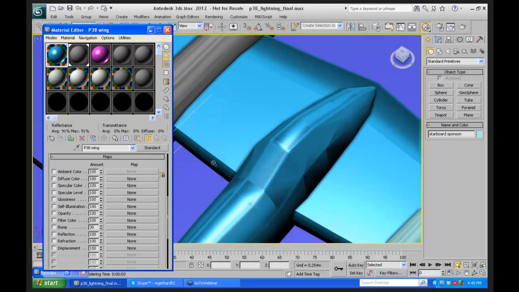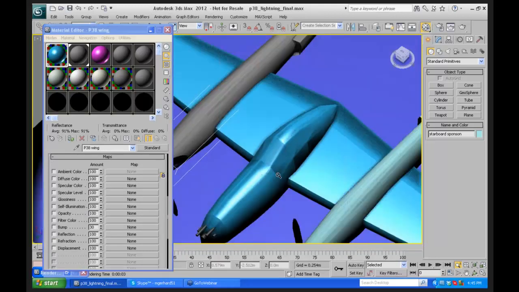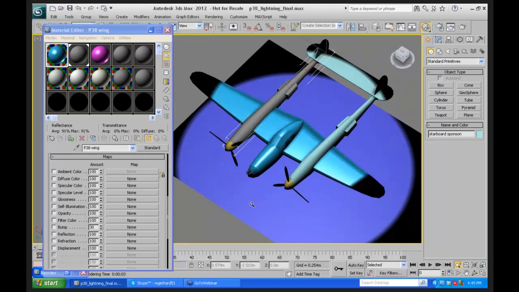Maps are texture maps, or that's what I like to call them. Mapping is a way that you can use pictures or procedurally generated textures to make more interest on your